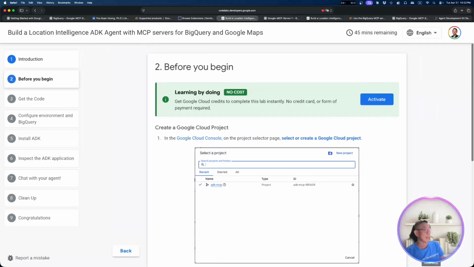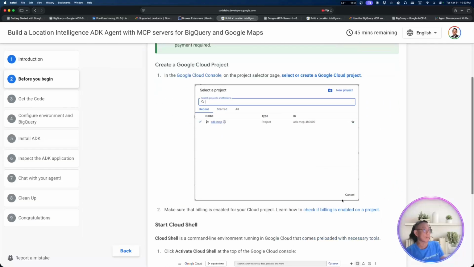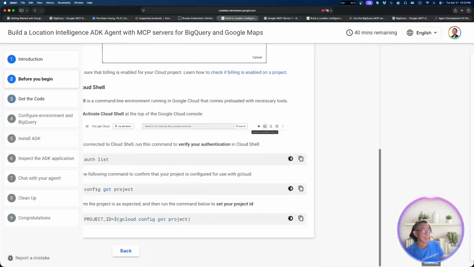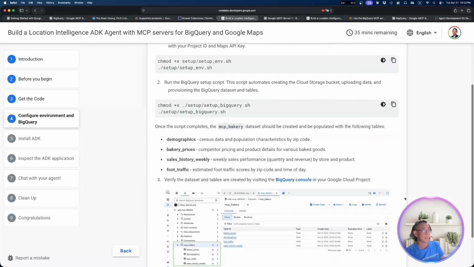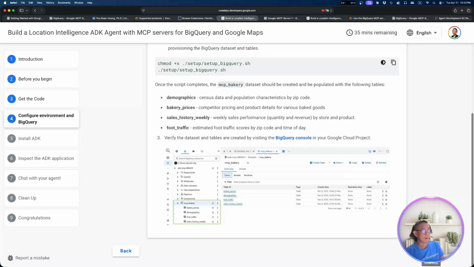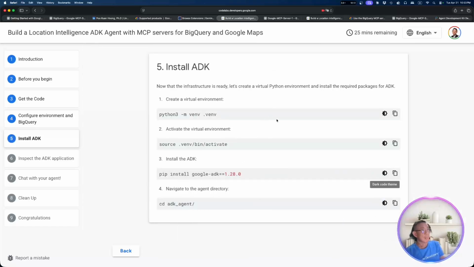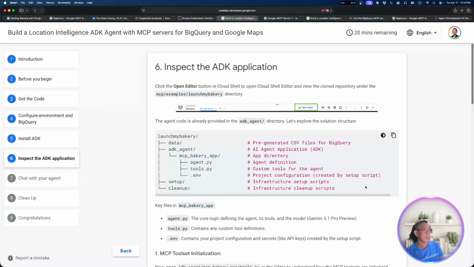Basically, what happens is you run this, create a Google project, activate, and then run the code. After that, set up, and it will upload the data into your BigQuery, the 4 tables just now: demographic data, BigQuery prices, sales history, and foot traffic, which you can see in your BigQuery console. Then from there, you can set up your virtual environment for your Python, activate, install Google ADK, and then you can run inside